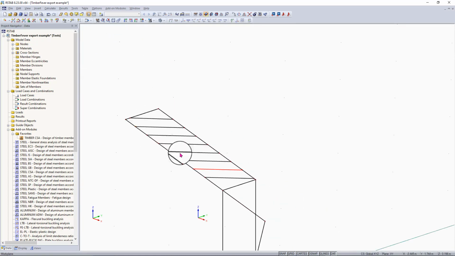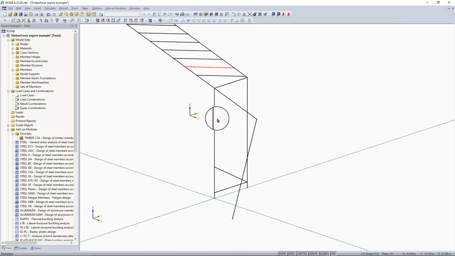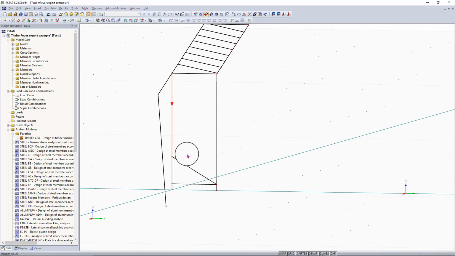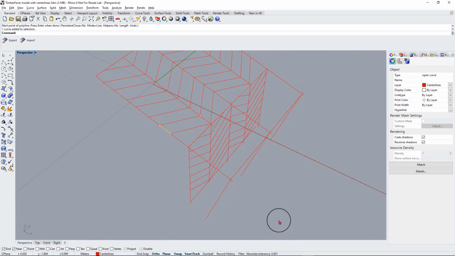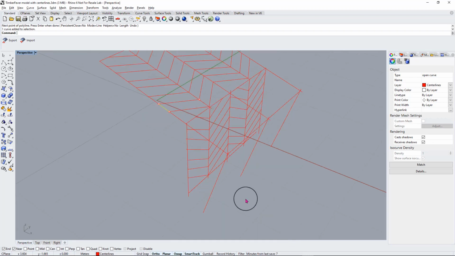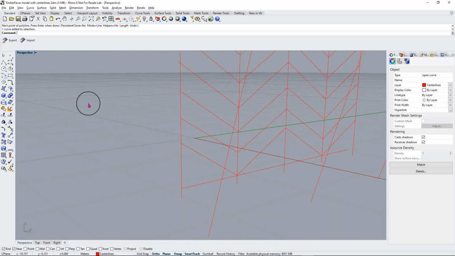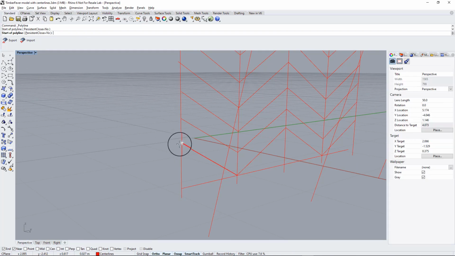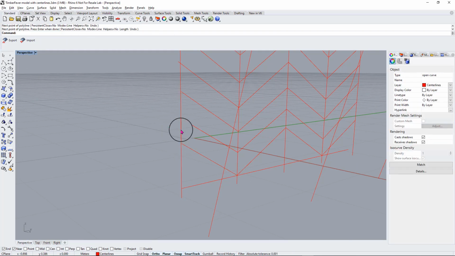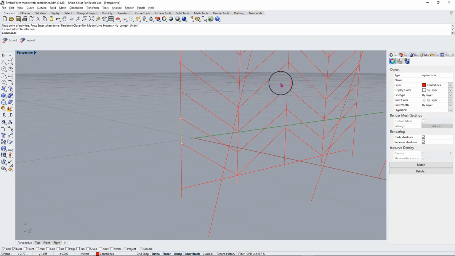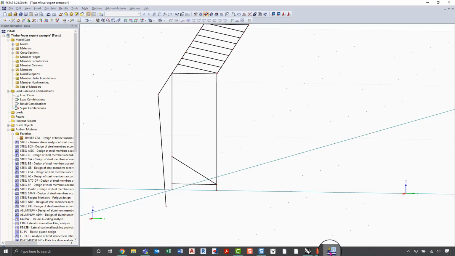Okay, so these lines up above here are all now connected and set. And now what we want to do is do the exact same thing for this line down here. So we can go back to Rhino, and we can go down here and figure out this distance by drawing a line between them. And then we can click on that line, go over here on the right hand side and hit details, and we can see that that's 0.18 meters distance there. So we'll go back to RSTAB,